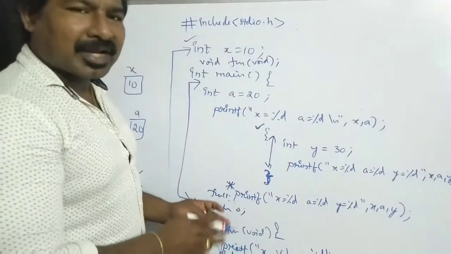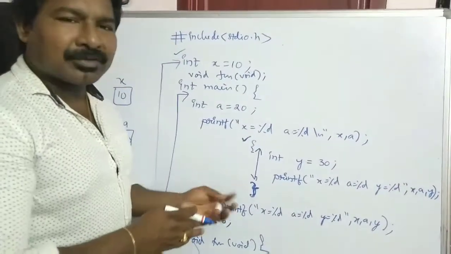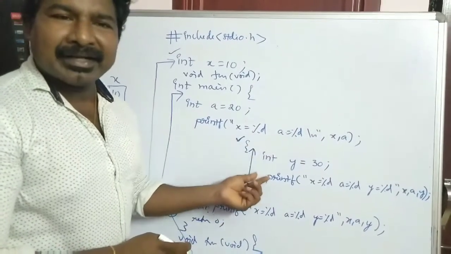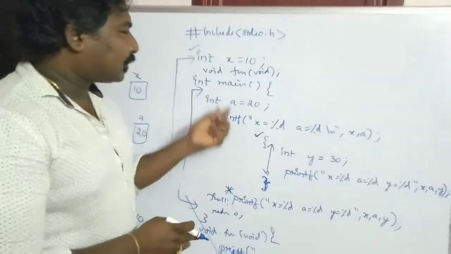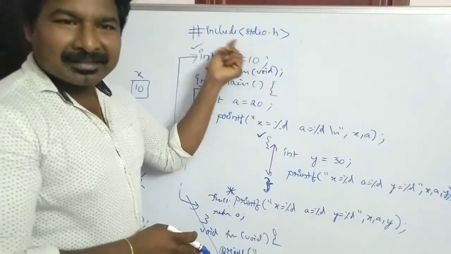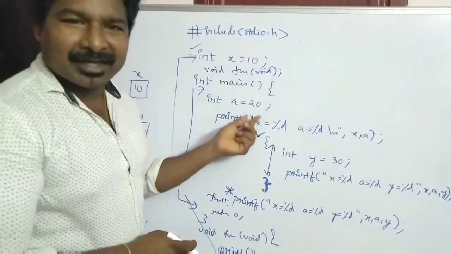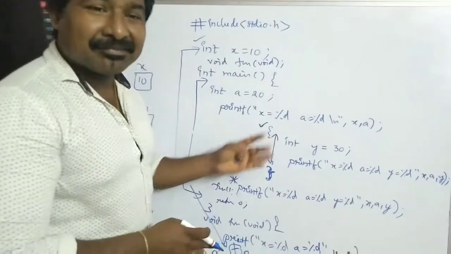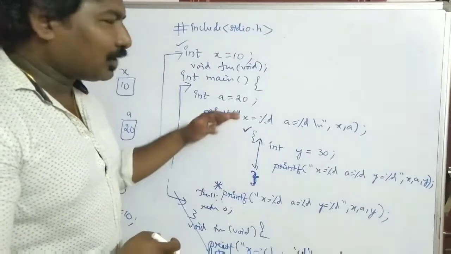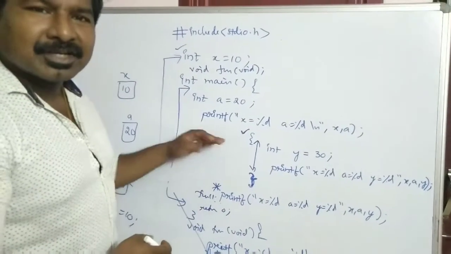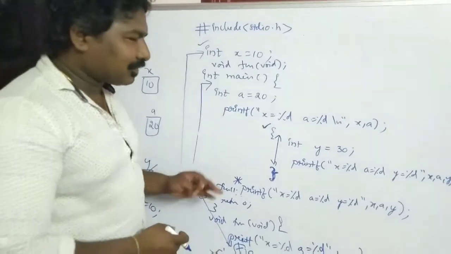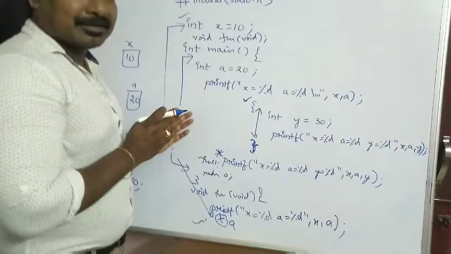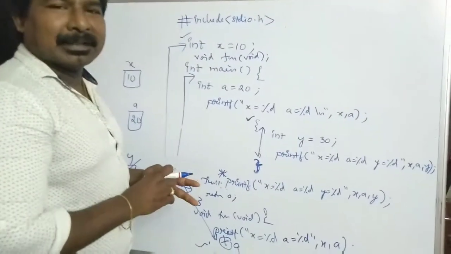Okay, remember friends, if the variables are within the block, their scope will be ended as soon as you come out of the particular block. If a particular variable is a global variable, that variable value will be available or can be accessed in different functions in the program. Not only in one function, in all functions you can access the value of the global variable. So this is the information about the scope of the variable.